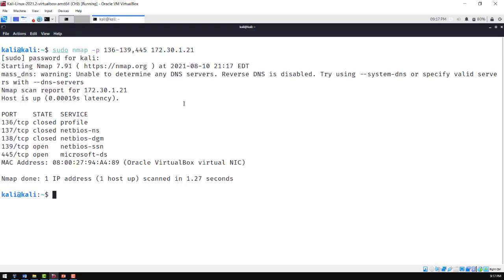Hit enter there once more. And we can see a few of these ports are closed and a few are actually open. So this is a bit suspicious, but we still have 445 open, which is SMB as well. So let's try to see whether this target, which is .21, is vulnerable to Eternal Blue, which is the vulnerability